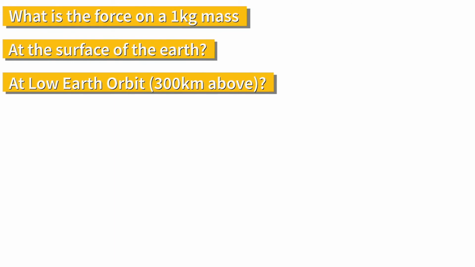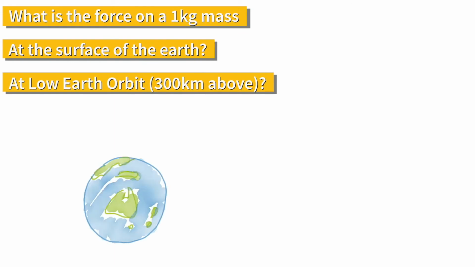Okay, for this final example question, we're going to use Newton's law of universal gravitation and find out what the force is on a 1 kilo mass at the surface of the Earth and also at low Earth orbit, 300 kilometers above. As you can see here, I've started a diagram. We've got 1 kilo at a distance r of the Earth and 1 kilo at a distance re, or radius of the Earth, plus 300 kilometers. We've got the little m, which is the 1 kilo, and we've got the big M, which is the mass of the Earth. So using this formula of F equals GMm on r squared,